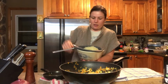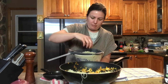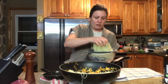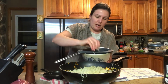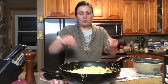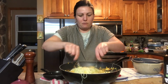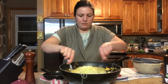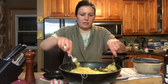And like I said, I chose a thinner noodle than the pad thai. It is a rice noodle, the same as a pad thai noodle, but they're just a little thinner than what the pad thai ingredients calls for. So I'm just going to put my noodles, and then I'm going to mix all the ingredients up because everything is now fully cooked. And I'm just going to stir all the ingredients up so that it mixes nicely throughout all of the noodles. So once this is fully mixed in and cooked,